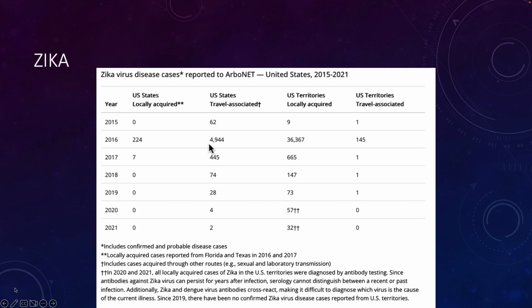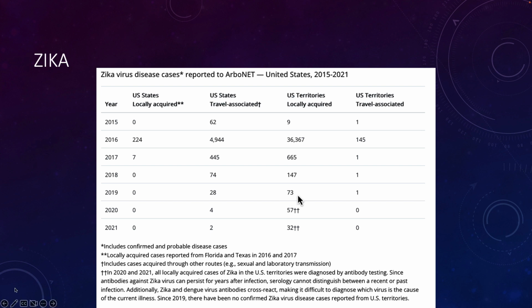So Zika is one of those that is also sometimes considered to be an emerging infectious disease. It's been found in other parts of the world before it came to the Western Hemisphere. It was a really big deal in South America, especially in Brazil. There were so many patients who got this infection. The challenging thing about Zika is that if a patient is infected during early pregnancy, it causes significant birth defects, the most noticeable of which is microcephaly. So the children are born with very small heads.